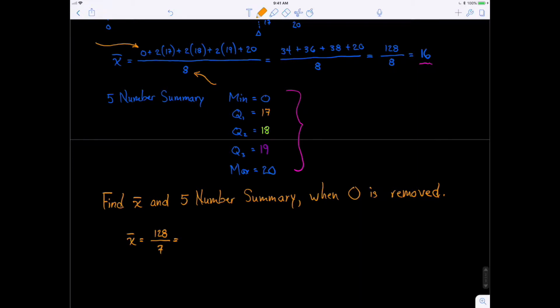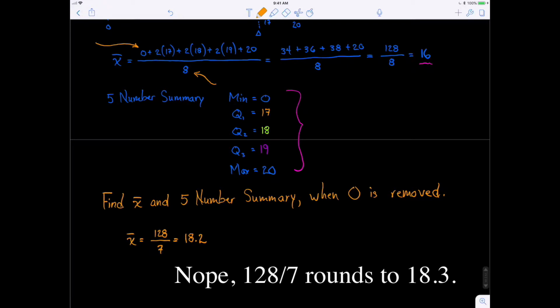And if we take 128 and divide it by 7 and we round correctly, we come up with 18.2. And remember, since the data is in whole numbers, we round to the nearest tenth. Now,